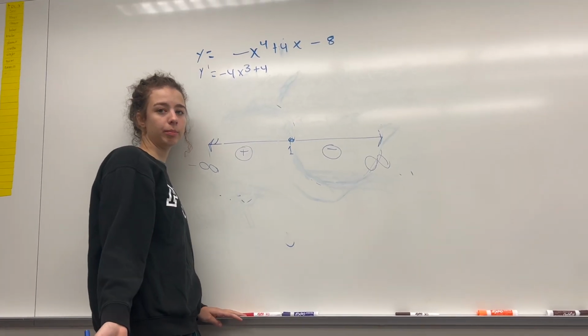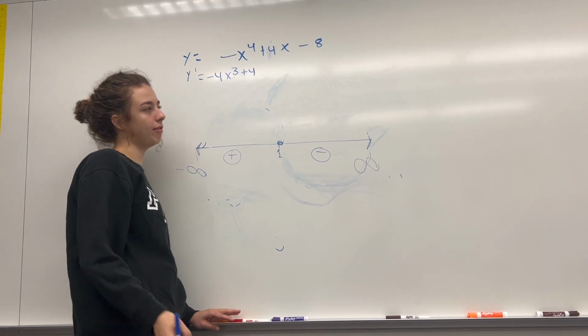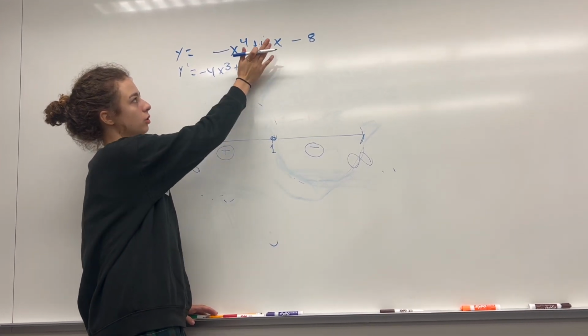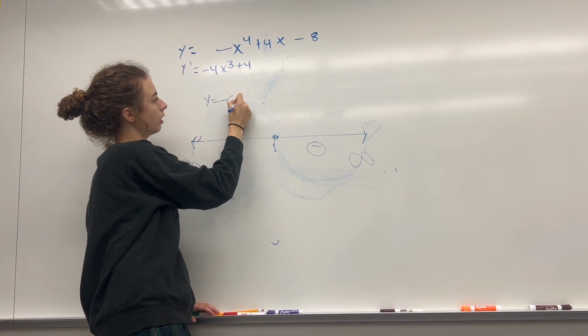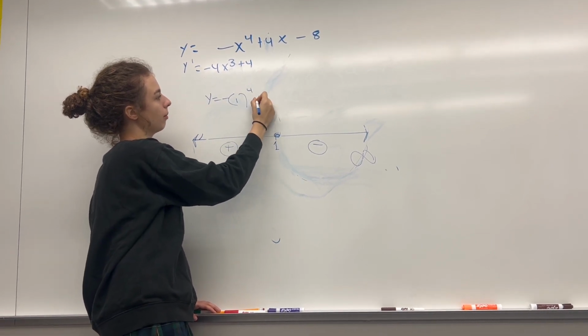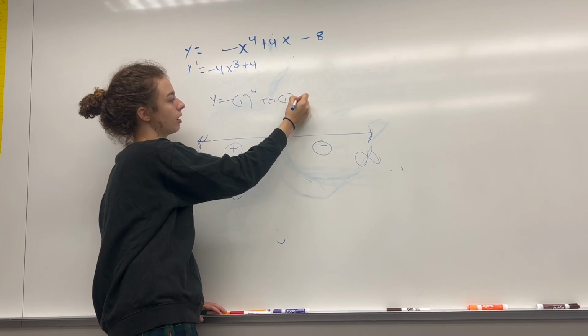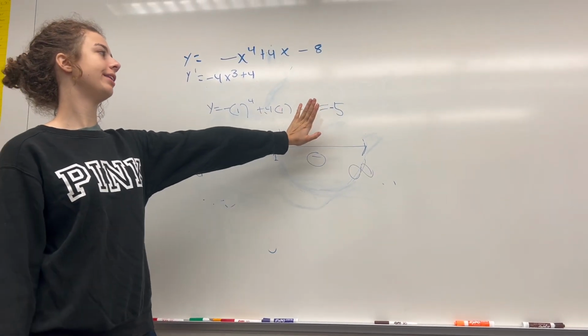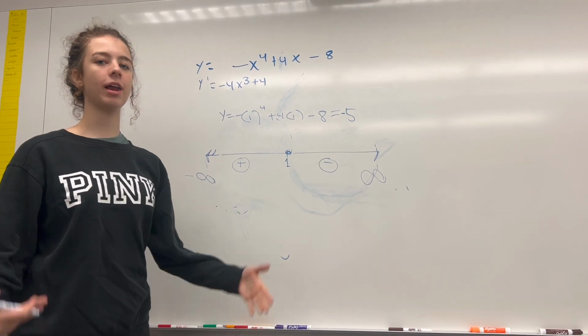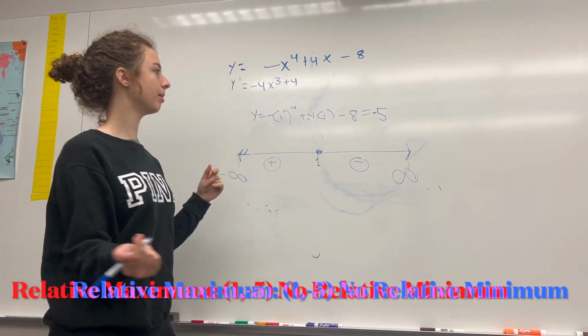So now to find the point of the relative maximum, the y value, I'm going to plug 1 into our original equation. So I'll get y equals negative 1 to the fourth plus 4 times 1 minus 8, which gets you negative 5. So I know that the relative maximum is